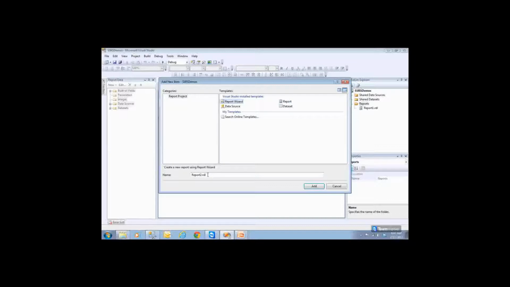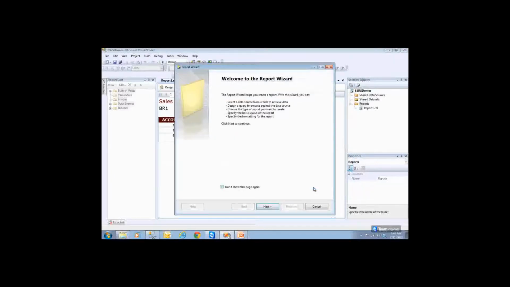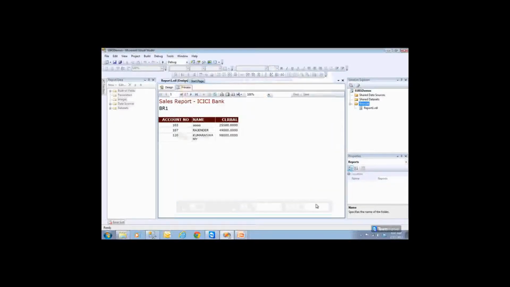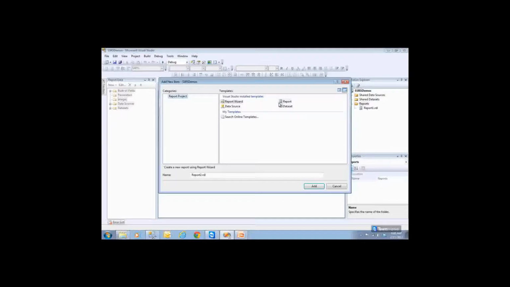Okay. So I'm talking about a parameter report. So let me give you a parameter report. Okay. That's it. And click on add. So sorry, I think I opened something else. Right click, add, new item. Okay.